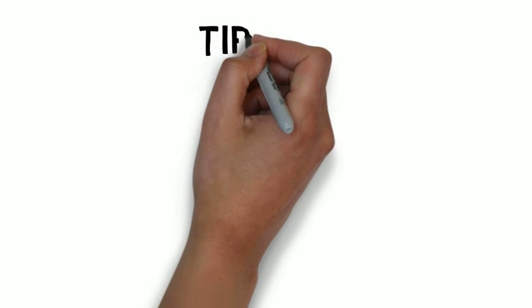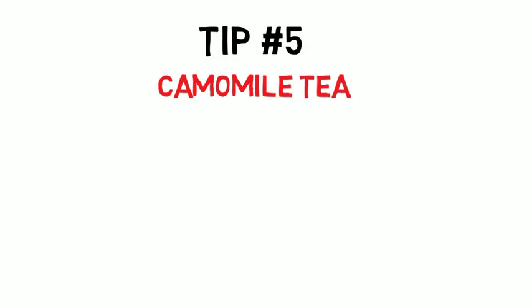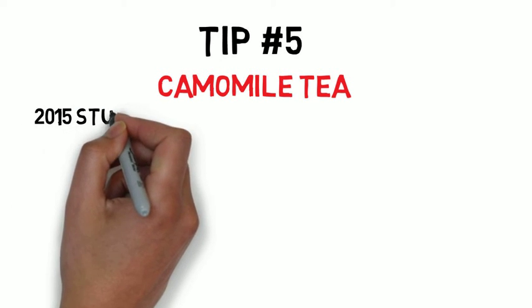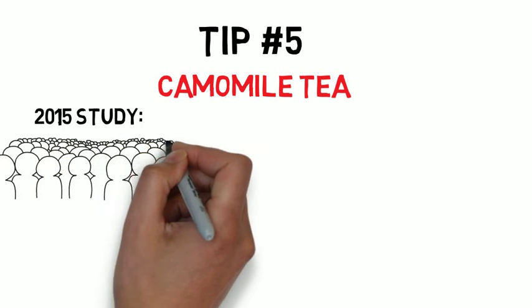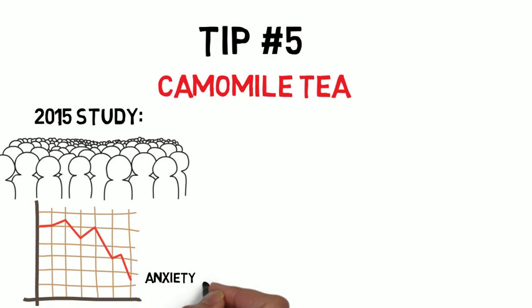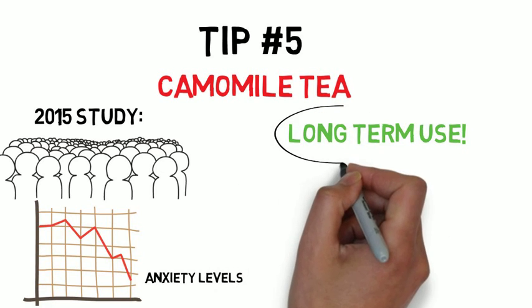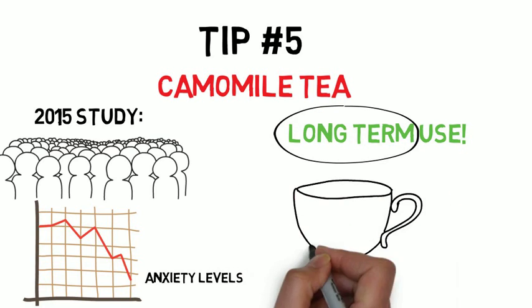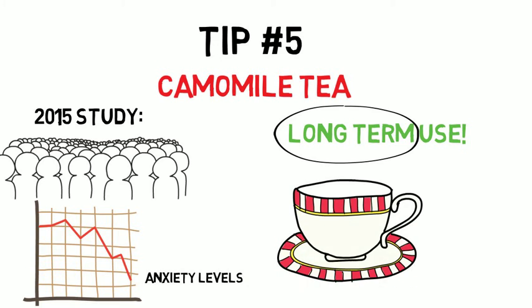Help for generalized anxiety disorder number 5. Chamomile tea has been shown to have mild anxiolytic effects. It increases relaxation and it also tastes pretty good. One study done in 2015 showed that long-term use of chamomile tea showed a significant reduction in anxiety in people suffering from generalized anxiety disorder. Note that I said long-term use here, so we are not talking about just 1 cup after work next Tuesday